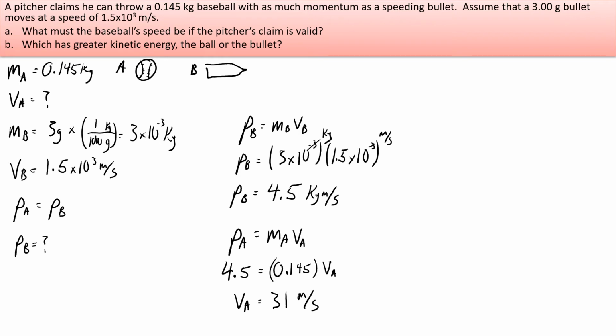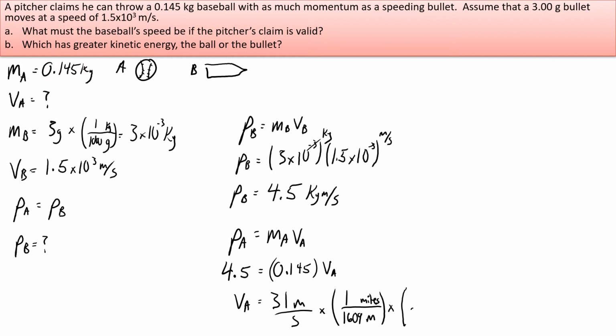So to have equal momentum, it depends on the mass and the velocity. Well, is that possible? So how many miles per hour is this? Just as a quick review, if you have 31 meters per second, let's set up our conversion factor, just for fun. We want to get rid of meters and go into miles. So 1 mile is actually equivalent to 1609 meters. I remember that because that's the year I was born. And then you multiply